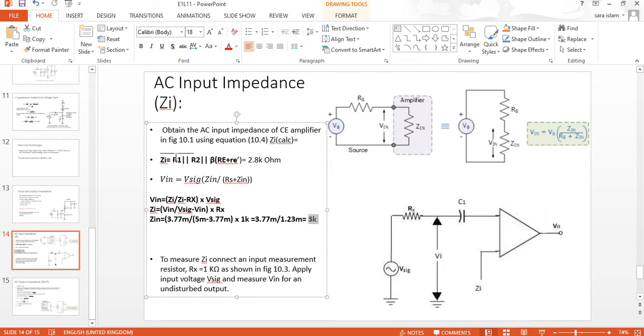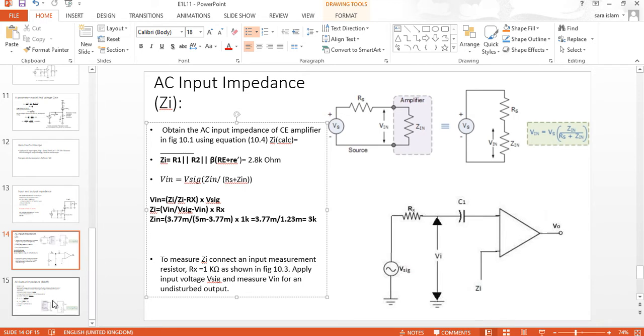And what was calculated with the help of our formula was 2.8K. So we are very close. Okay, so this is a fine scenario. Rather than going through this procedure, when you are in a lab or you have a set of equipment and you want to find it with the help of that equipment, this is a very convenient formula and you can match it.